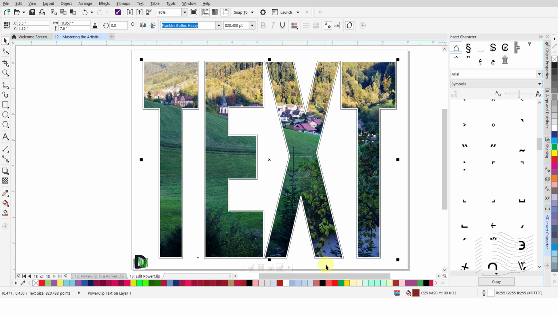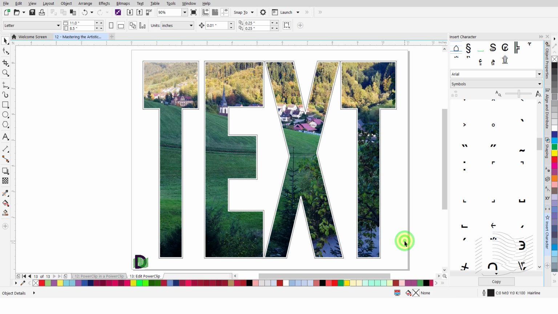Once you have your content placed and fitted in the frame as you desire, you can click on this icon for Lock Contents to PowerClip to ensure that the content does not shift from its position if you have to move the PowerClip around. That brings us to the end of this tutorial on mastering the artistic text tool in